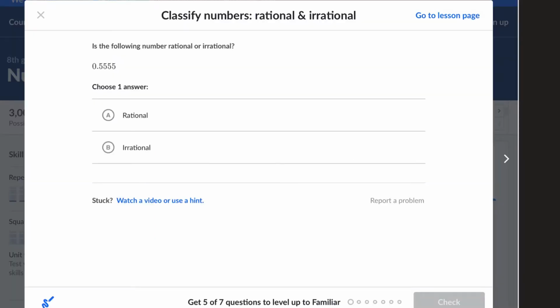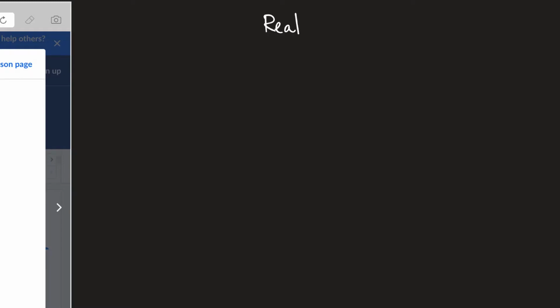Okay, I'm here to show you about classifying rational and irrational numbers. I think a really good thing to do first is to set this aside and show you what rational and irrational numbers are. To begin with, we have real numbers. Yes, there are such things as imaginary numbers, but that's not the topic of this. I'm talking about real numbers, and within real numbers, there are rational